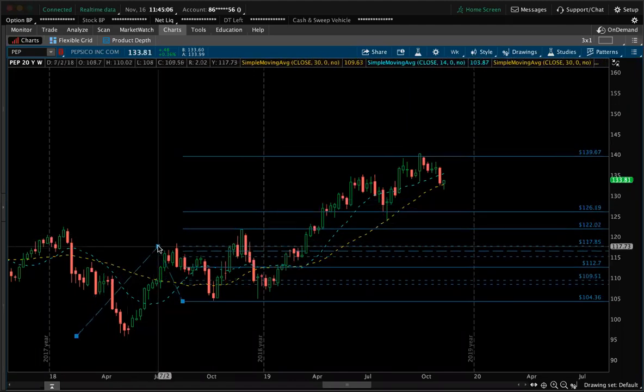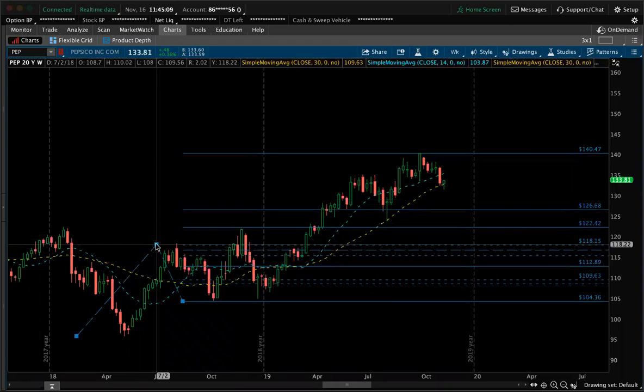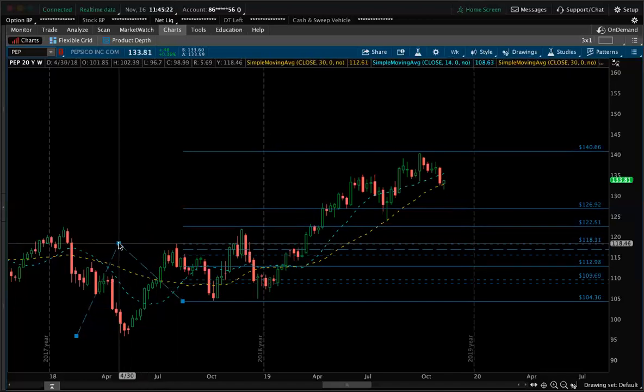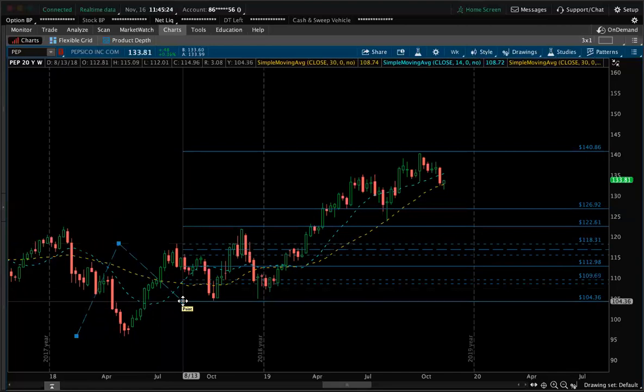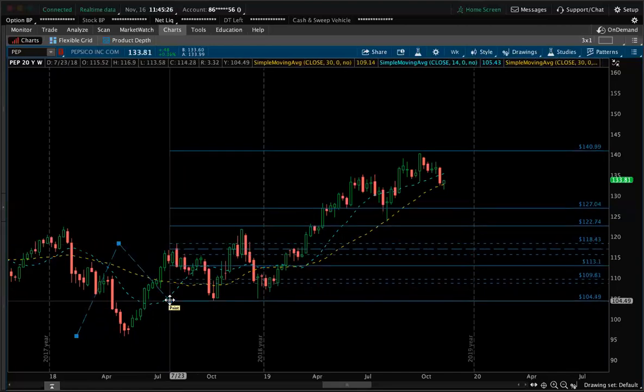You can make it work to where it's lining up with 140.47, which was basically the top level for October of this year, 2019. It's just as accurate, not too bad. It lines up right here, perfect. I want this to be as accurate as possible, so I want to bring it over and line it up perfectly.